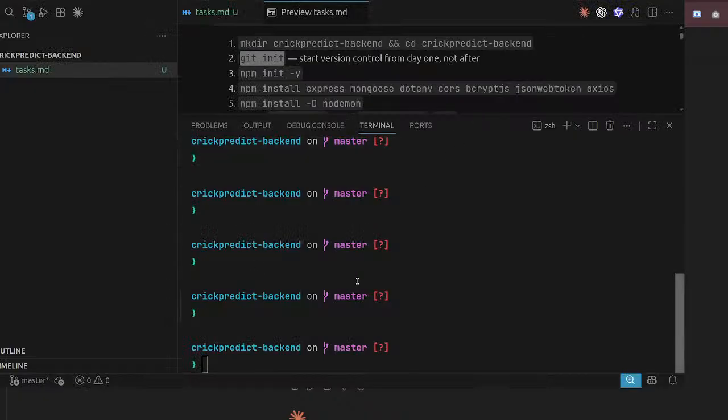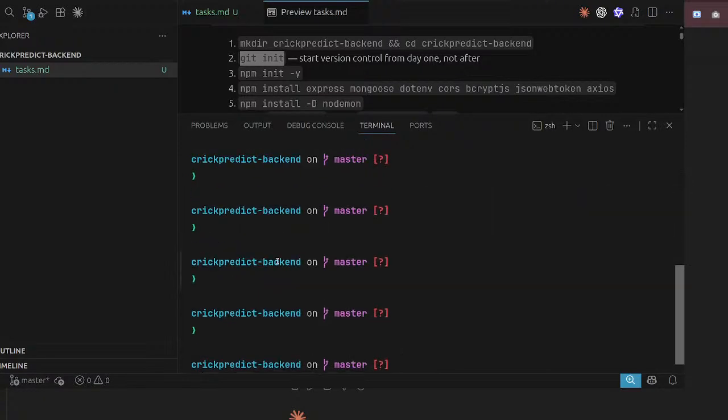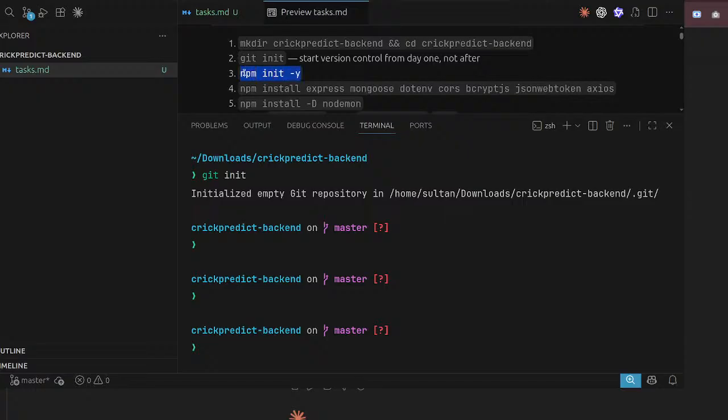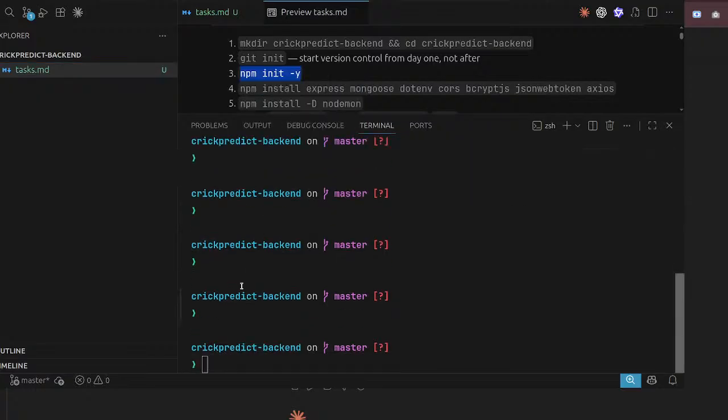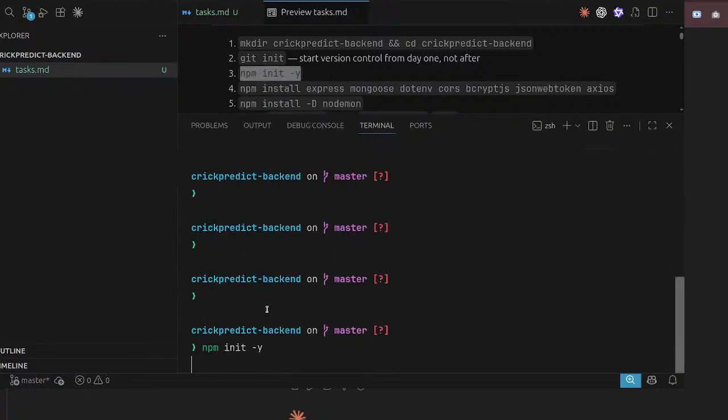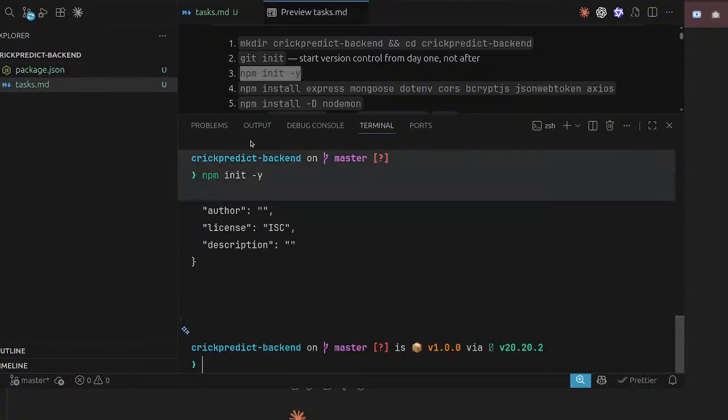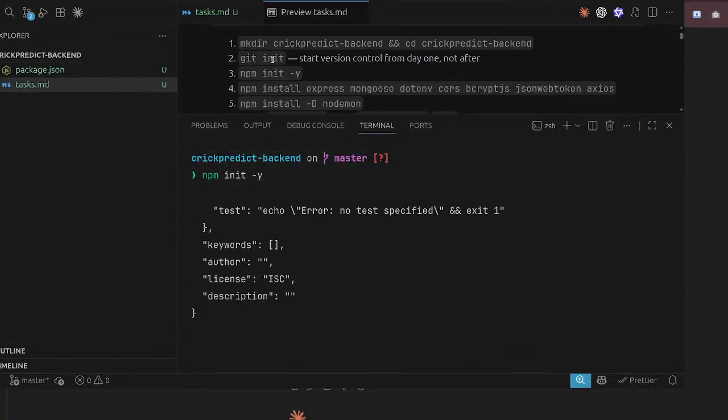Okay, so let's run this and copy. This command makes a folder, this initializes a Git repo, and this one actually creates a configuration file.